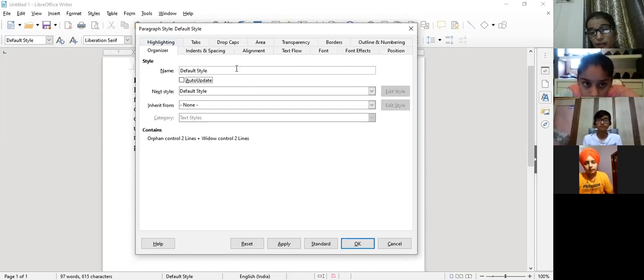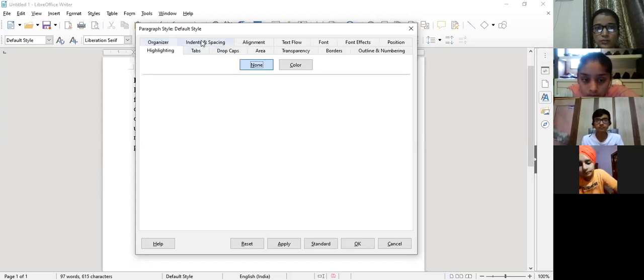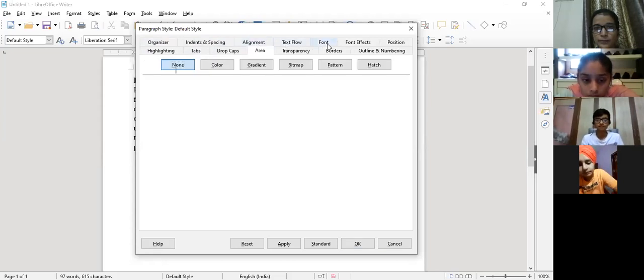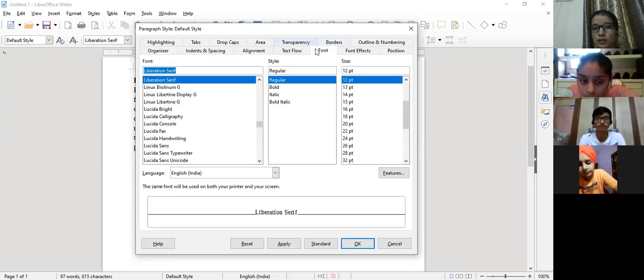I'm just editing whatever the name is, so I can change the name. The default style is a paragraph style. What is its default face? It is Liberation Serif.